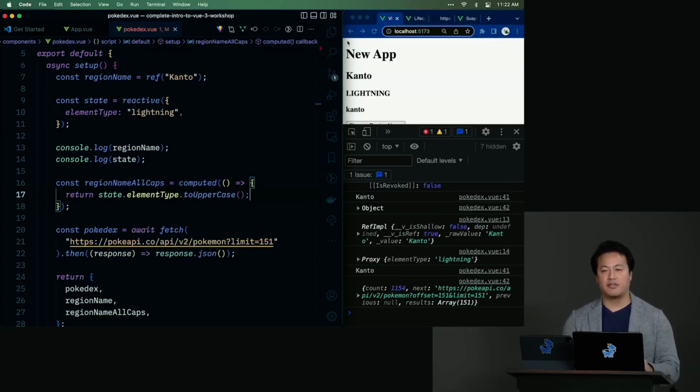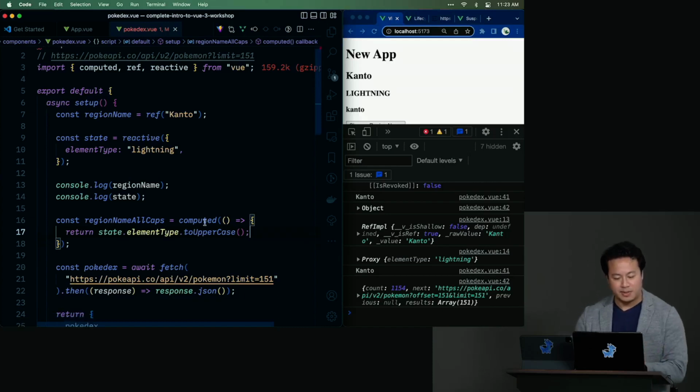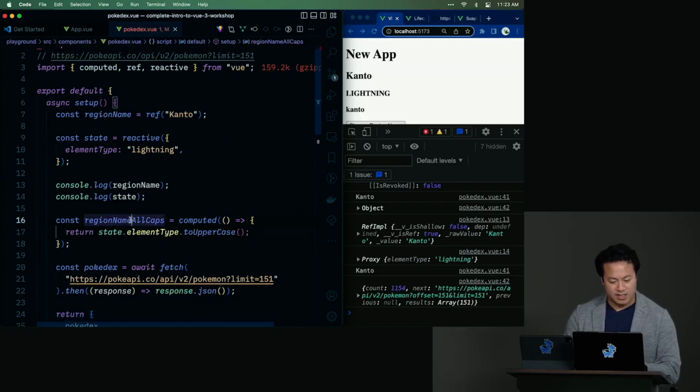And so the way to think of reactive is it's like a nicely packaged way of collecting your refs together, and that you don't have to unpackage it with dot value. There are plenty of code bases I've seen where people never touch ref. They like reactive, because reactive feels like composition, it feels like options API, but you're in the composition API setting. So is there a right or wrong way to do this? Absolutely not. So for the sake of having this example also be here, I'm just going to say element type